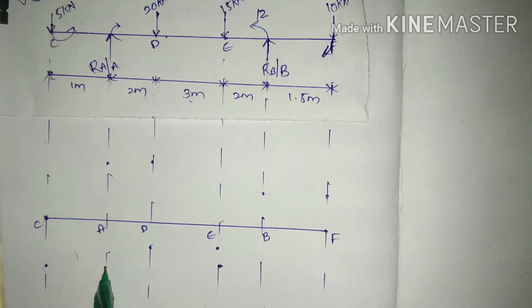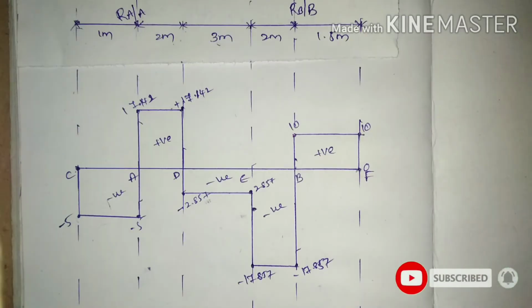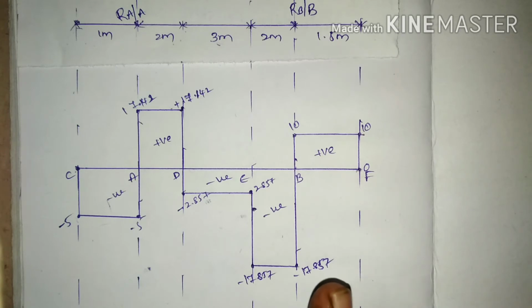Here also, for the left of A we have the same kilonewtons as for the right of C. Let's join these points to become the shear force diagram. This is our shear force diagram. Make note that you should only draw with a pencil in the examination, because if you draw with a pencil, you can erase the errors that may be made while calculating or while plotting the points.